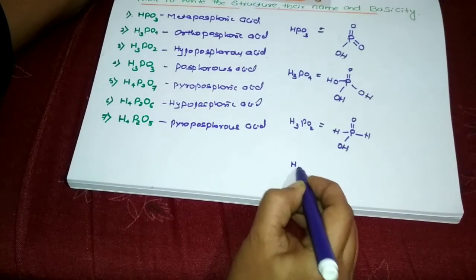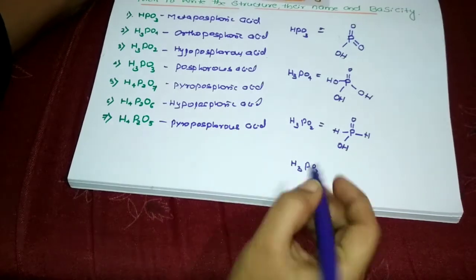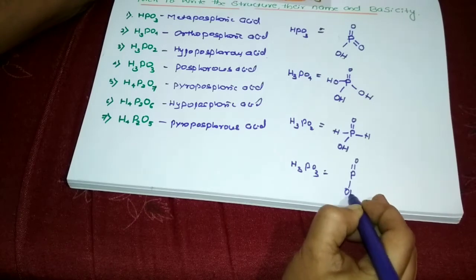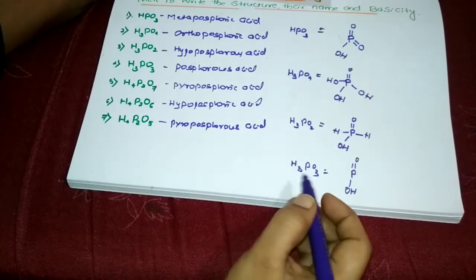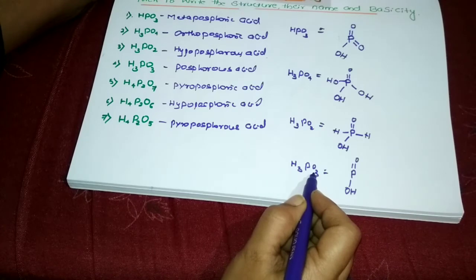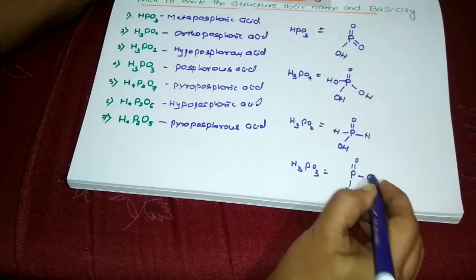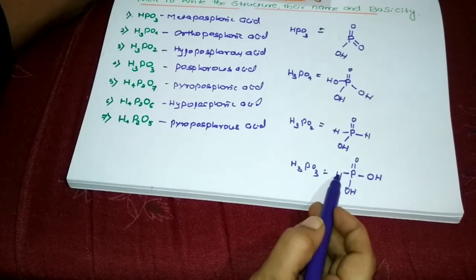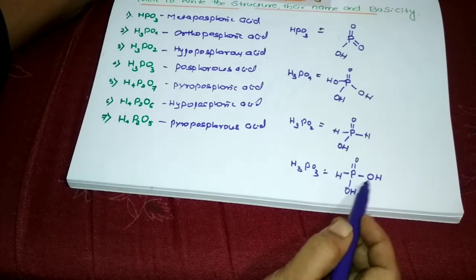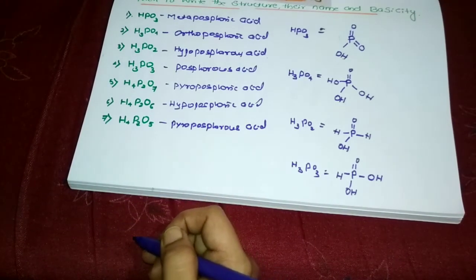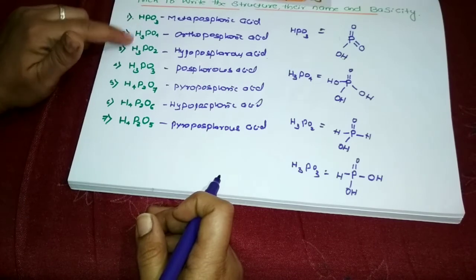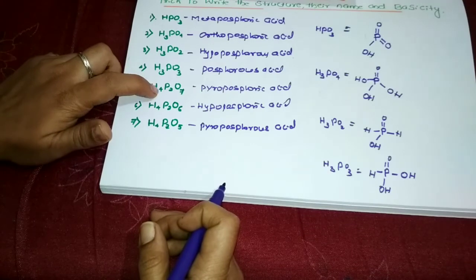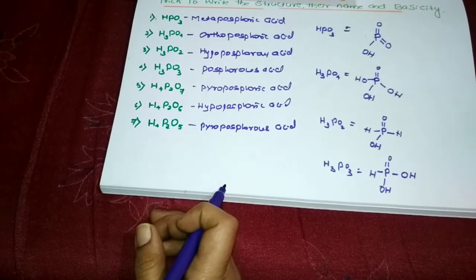Similarly, let us write H3PO3, dear students. Similarly, P double bond O and OH is satisfied. Now remaining we have 2 hydrogen and 1 oxygen. So that OH I have written. Now one hydrogen remaining. Now H3PO3. This is how you need to practice, dear students. We have completed all these 4, I hope you find it useful.